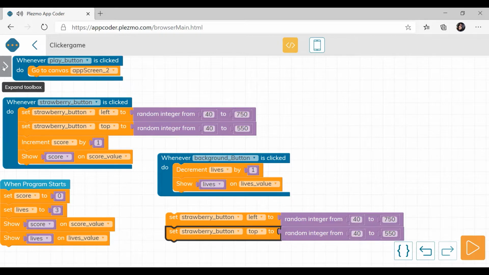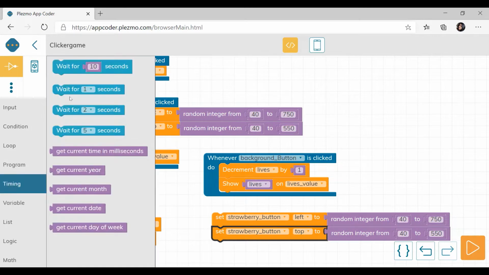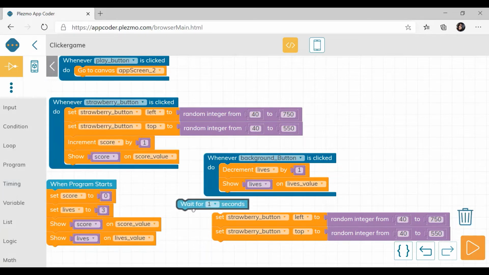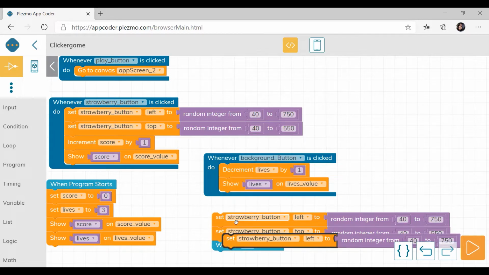And from here, the control category, under the timing category, we will drag this wait for 1 second under the top block. Now what will happen, after the left and top properties, strawberry button will wait for 1 second and again it will move to different position if we duplicate it like this.